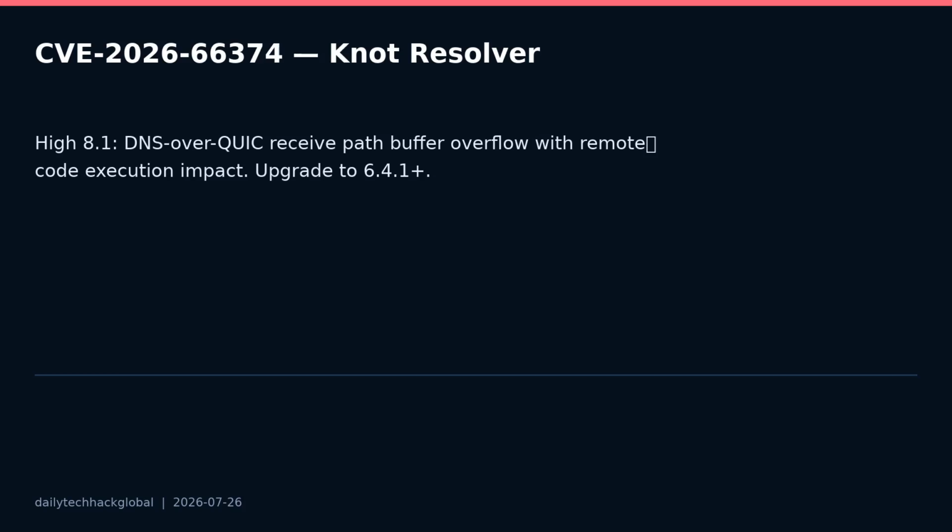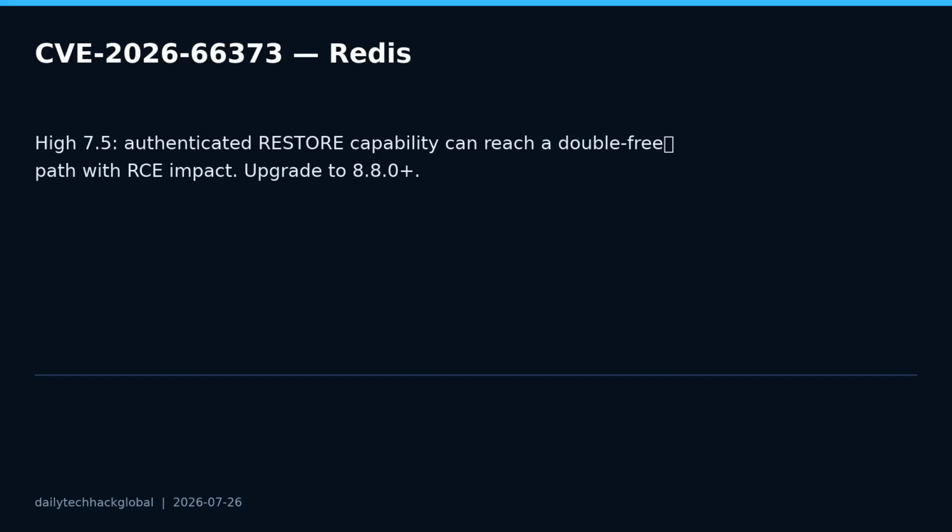If you operate recursive DNS infrastructure, upgrade to 6.4.1 or later, verify whether DoQ is enabled, and monitor resolver crashes or unusual QUIC traffic. DNS infrastructure often supports cloud, CI, and AI services, so treat resolver compromise as a serious trust boundary event. Fourth,